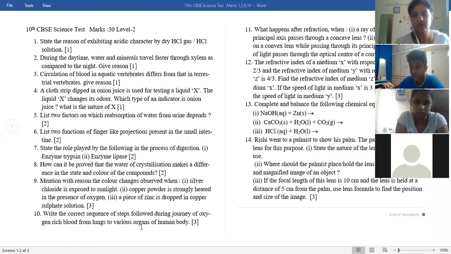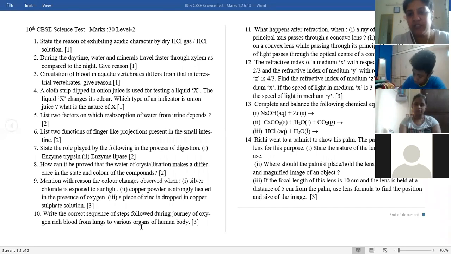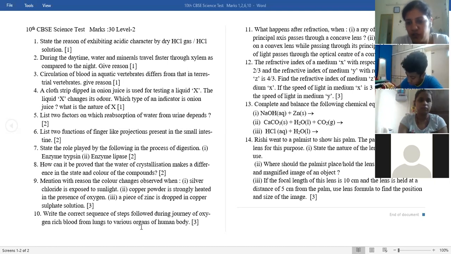A solution of potassium chloride when mixed with silver nitrate solution, an insoluble white substance is formed. Write the chemical reaction involved and also mention the type of chemical reaction. So here it is KCl plus AgNO3 gives KNO3 plus AgCl. AgCl is a precipitate. KNO3 is an aqueous solution, it will dissolve in water. So AgCl is the insoluble white substance formed.